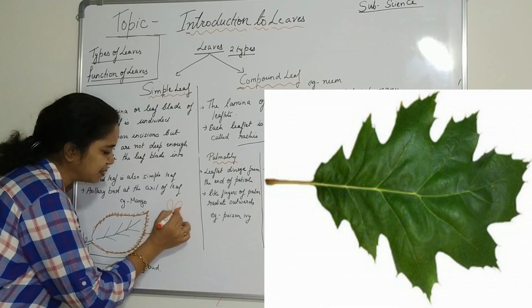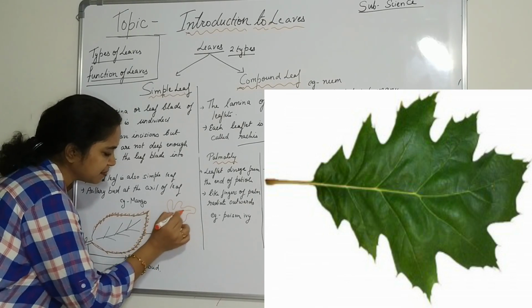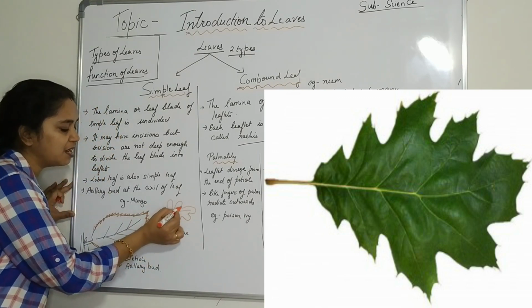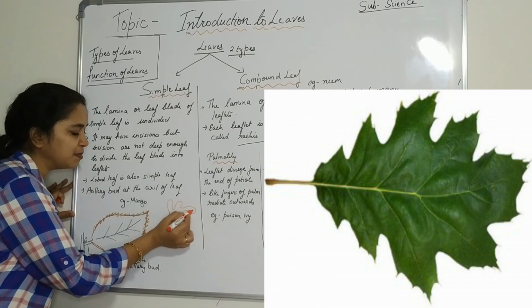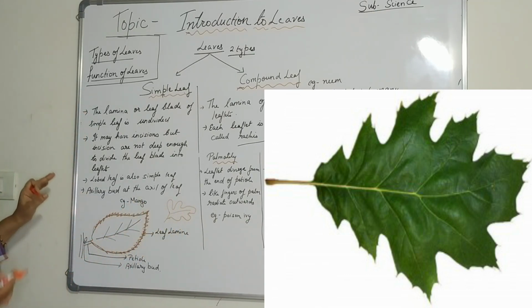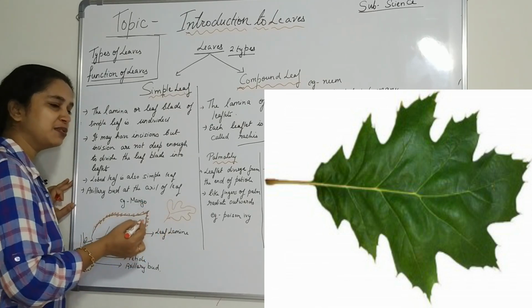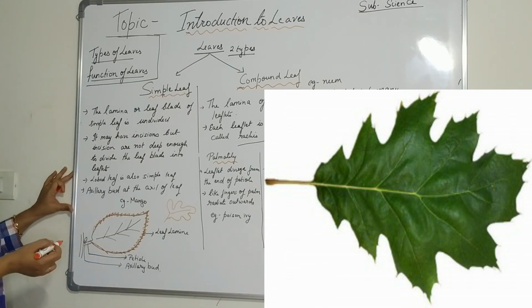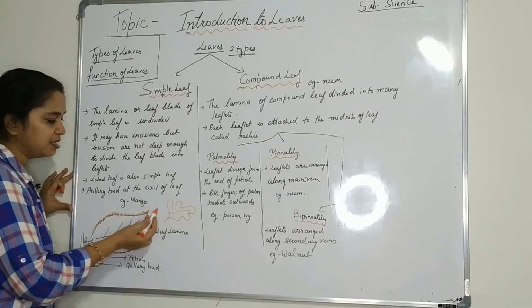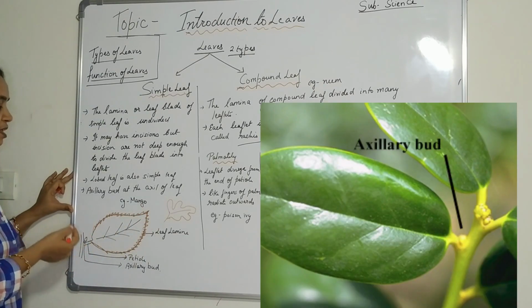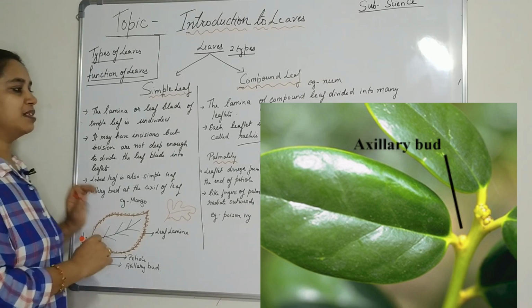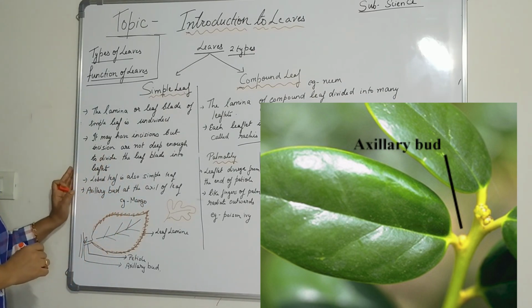And also you might have seen the lobes of the leaf. In some leaves the lobes are there like this. These are lobed leaves. Here also the lobes do not reach the midrib, and hence it is a simple leaf. When the incisions reach up to the midrib and several leaflets arise, then they are compound leaves. In these two, the incisions or the lobes do not reach the midrib, so they are simple leaves. And at the axil there is a bud present, called the axillary bud. So this is all about the simple leaf.